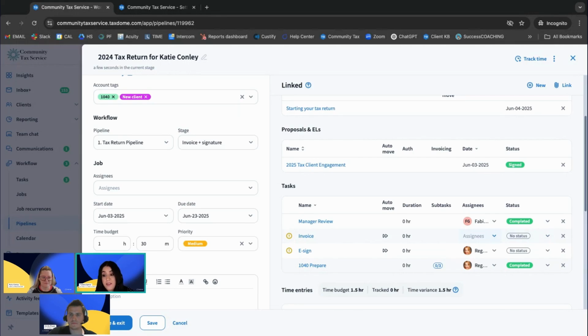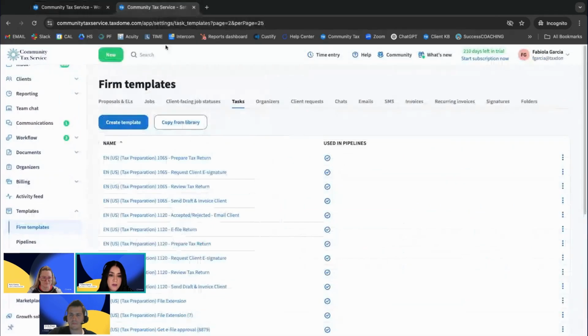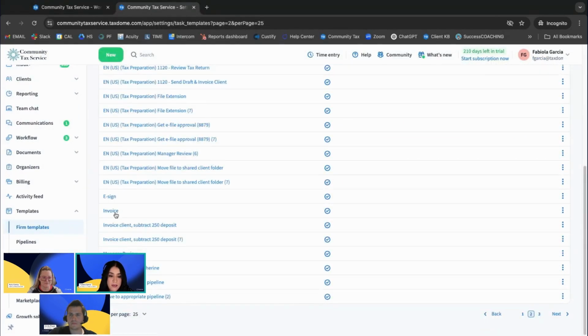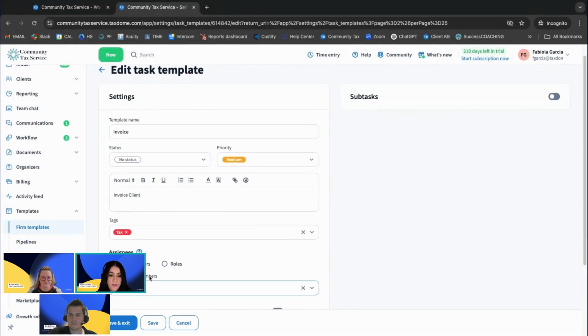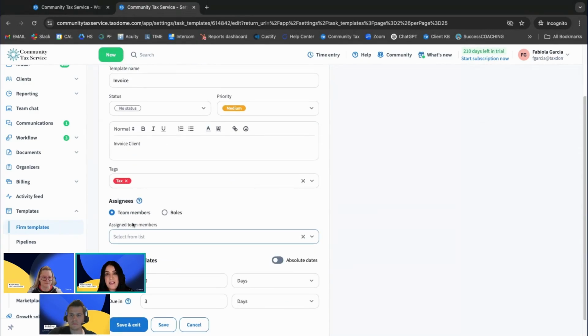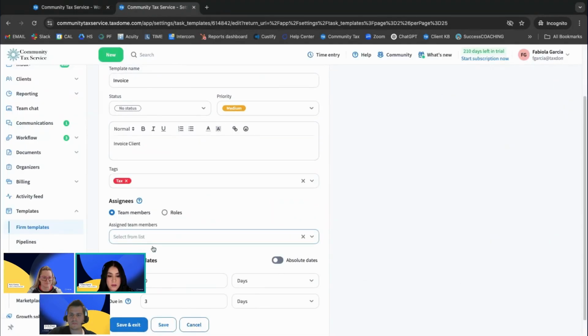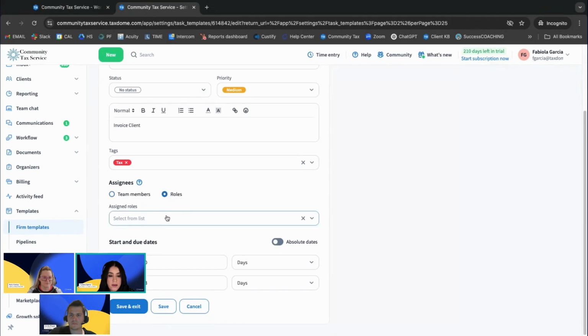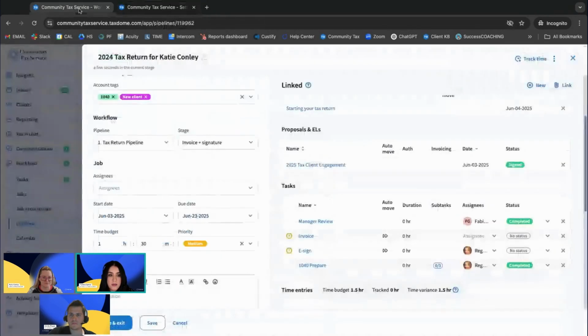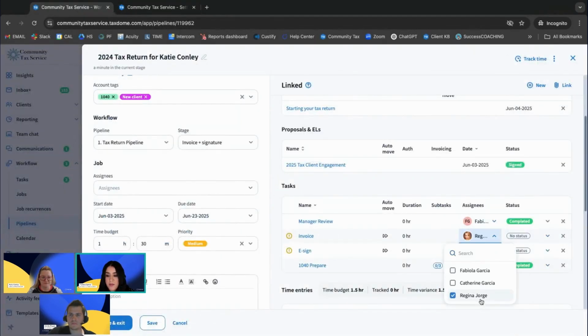Whoops, again, nothing was assigned, right? So something's going on in that invoice. Let's go back to that task. And here it is, invoice. What happened? I didn't assign anybody in the team. And in this case, I want my preparer to be the one invoicing. Okay, I'm going to do save and exit. And for now, my preparer is Regina. So just for testing purposes,